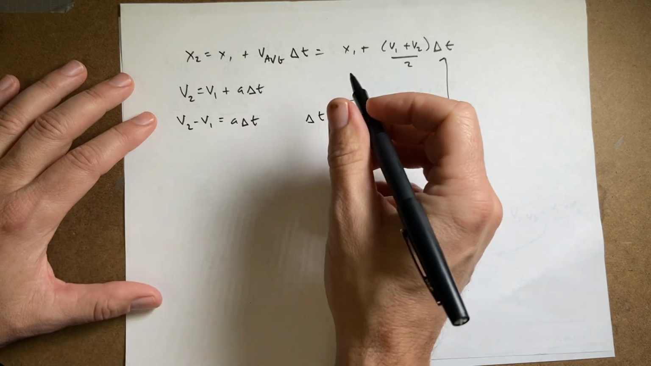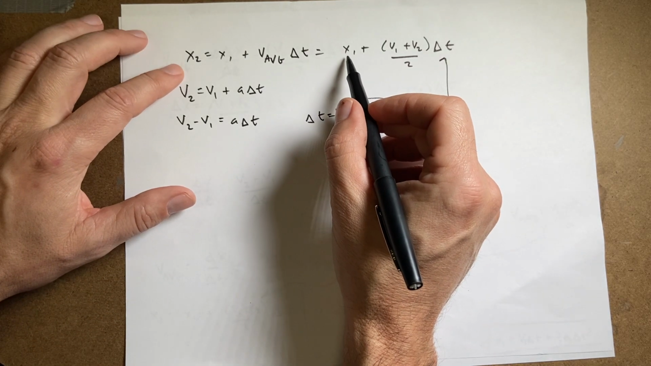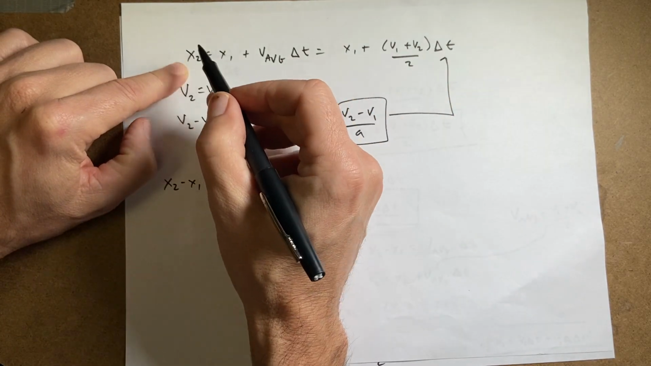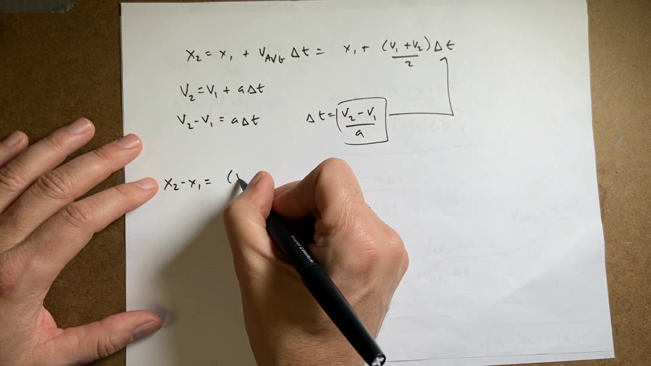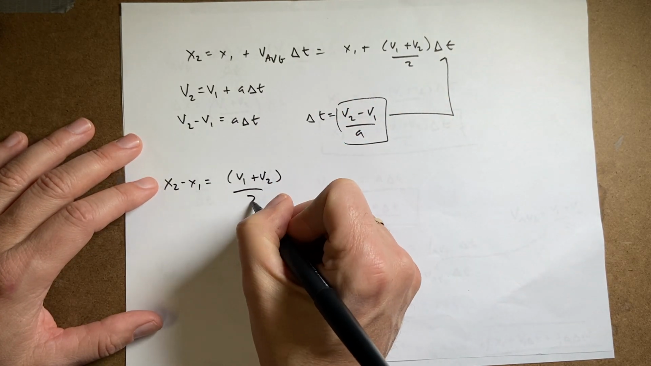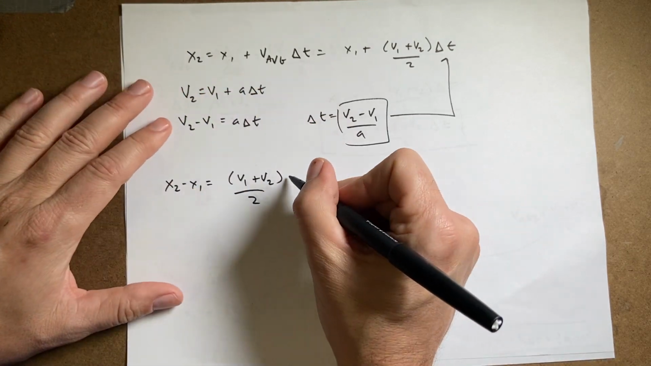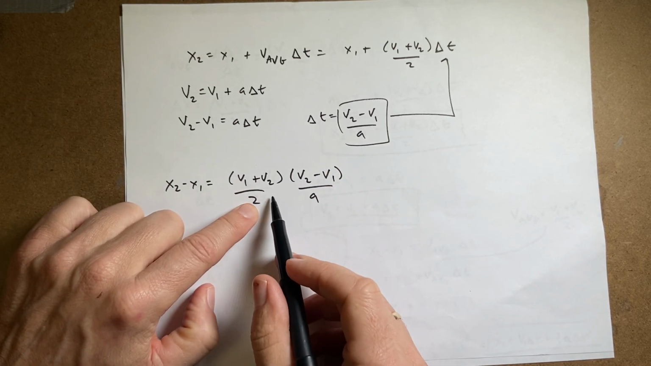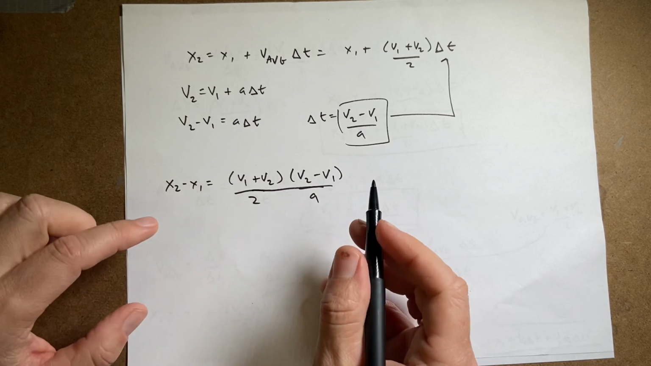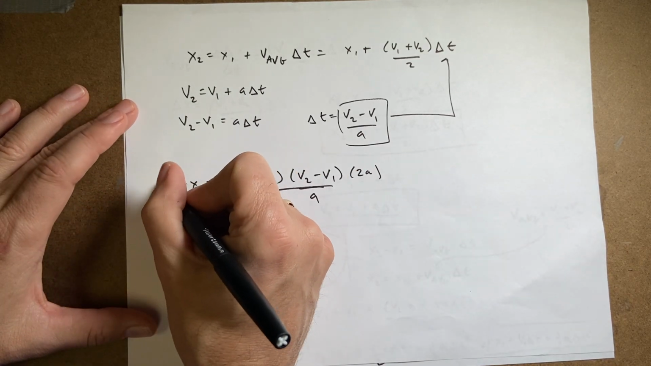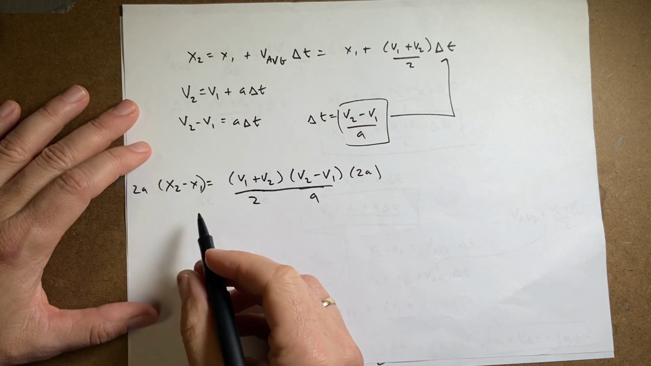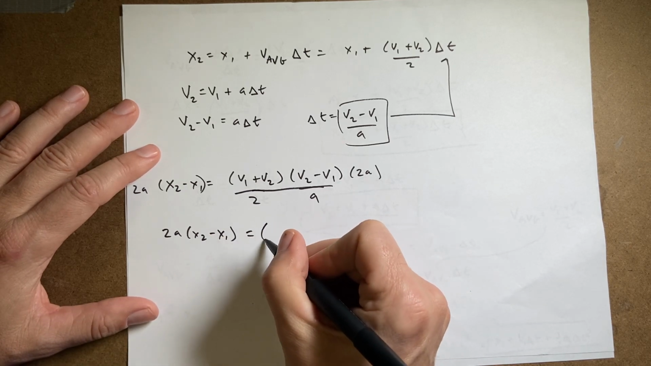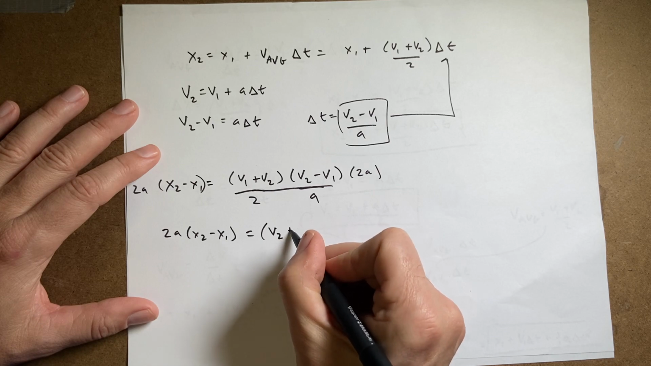So now I'm going to go ahead and subtract x1 from both sides. So I get x2 minus x1, right? So that essentially moves that over here, equals, now I have (v1 plus v2) over 2. And now instead of delta t, I'm going to put in this, which is (v2 minus v1) over a. So on the bottom here, these are multiplied together. I have 2a. So I'm going to multiply this side by 2a. I have to multiply this side by 2a. So now I have 2a times (x2 minus x1) equals, I'm going to just switch the order here, (v2 plus v1)